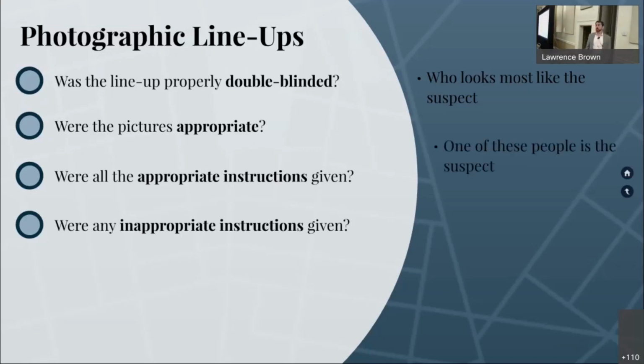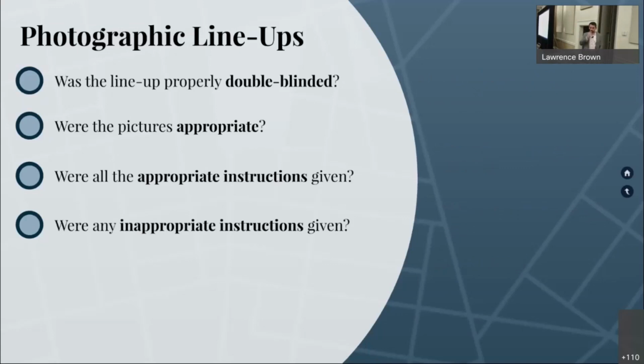One of these people is the suspect. Like, they're in there somewhere, pick them out. Take another look at this one, or take another look at all of them for that matter, right? But especially take another look at this one. And whether the answer is yes, that is, or no, that is not the person, are you sure? This is a bad question because of all of the same reasons that we talked about with contamination and conformity.